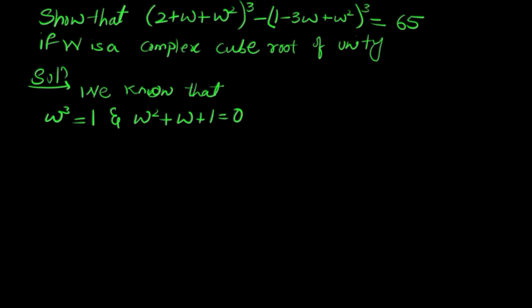We can also write it in this form: w square is equal to minus w minus 1. As per the situation, we have to use this. Now, the question's left hand side